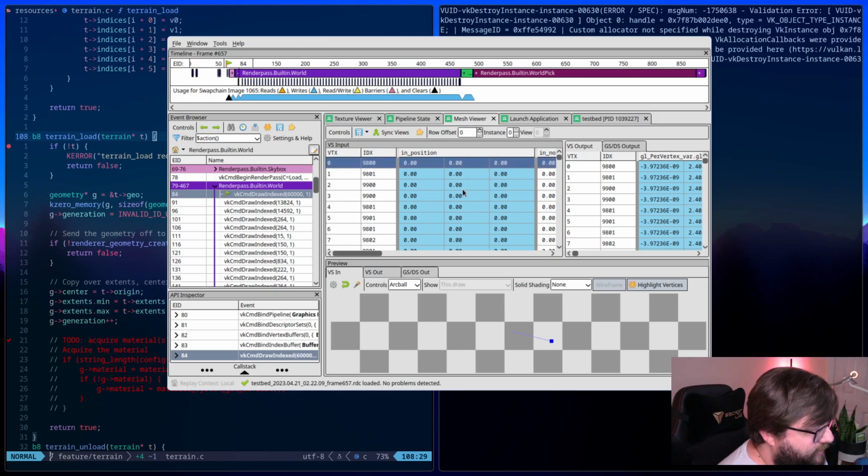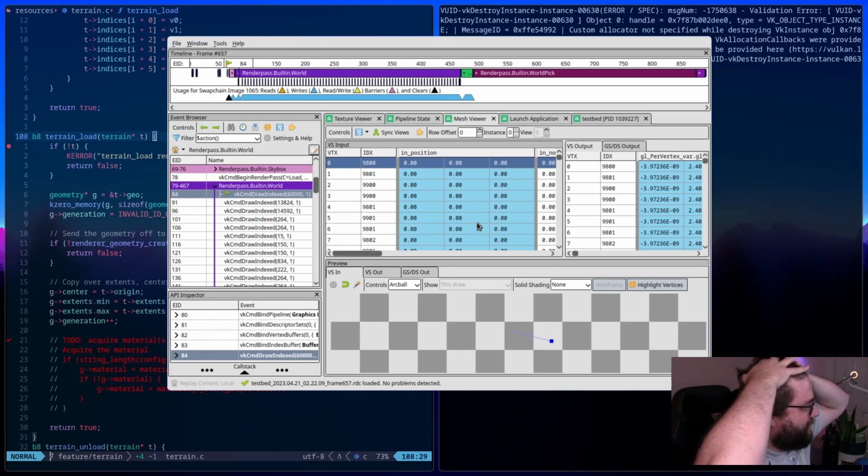Here is why this is useful. Look at the positions. They're all 0. That is not right. So apparently I did not. It looks fine, right?